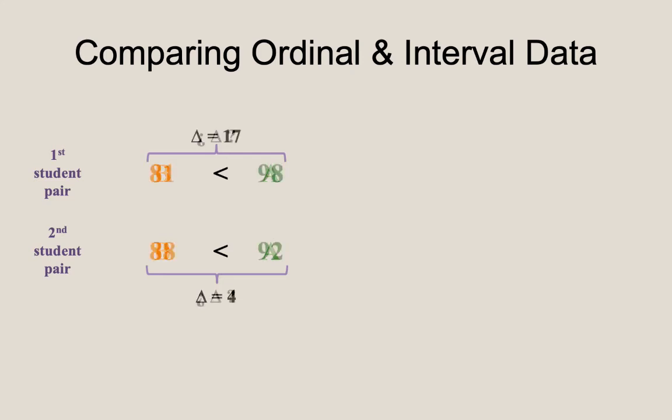However, if we have their interval level scores, then we can clarify how close or far apart their scores actually are. For example, an 81 and a 98 are much further apart than a pair of students with scores of 88 and 92. But in both cases, we are asking how far is a B letter grade from an A letter grade, which is unanswerable using only ordinal level data.